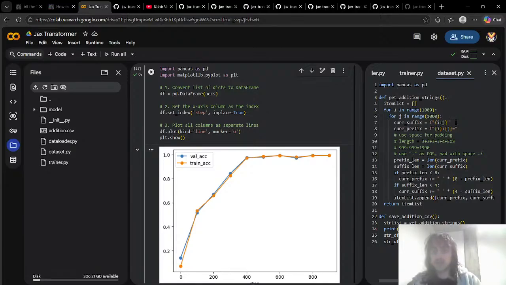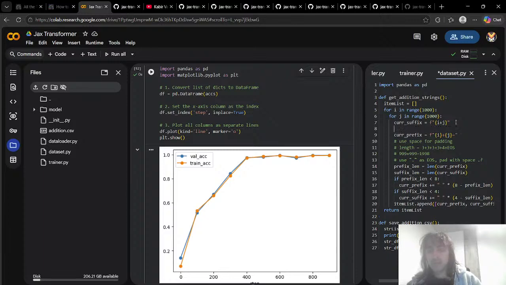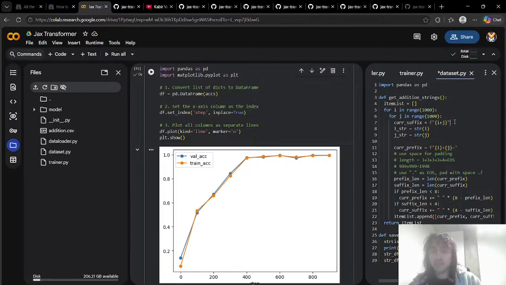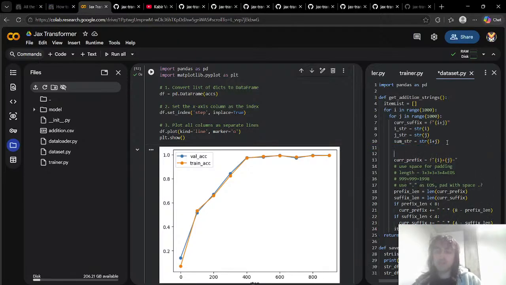No more space padding. i_str equals str of i, j_str equals str of j, sum_str equals str of i plus j. If length of i_str is less than 3,